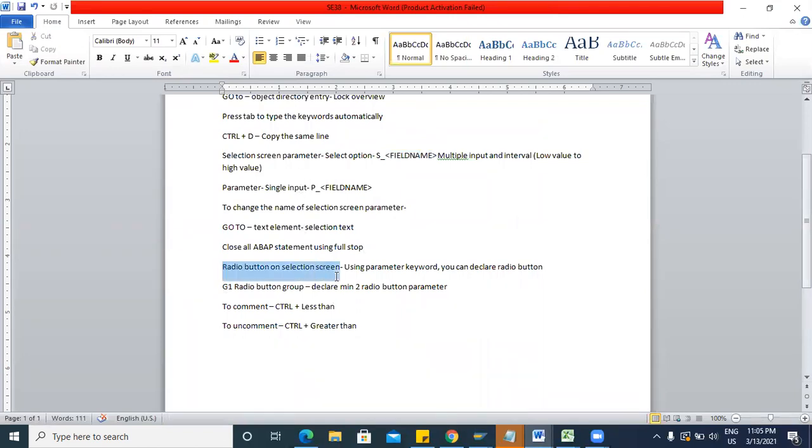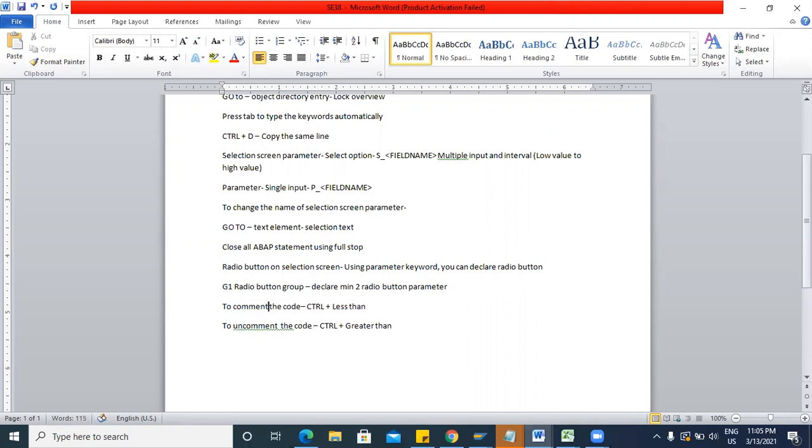For a radio button on the selection screen we use the parameter keyword. In a single group you have to declare a minimum of two radio button parameters. To comment the ABAP statement, you have to use Control less than. To uncomment the code, you have to use Control greater than.